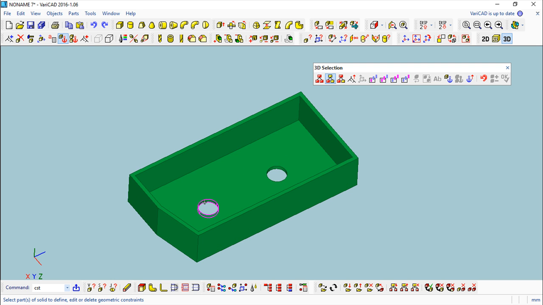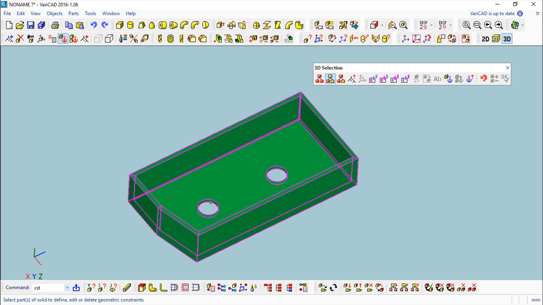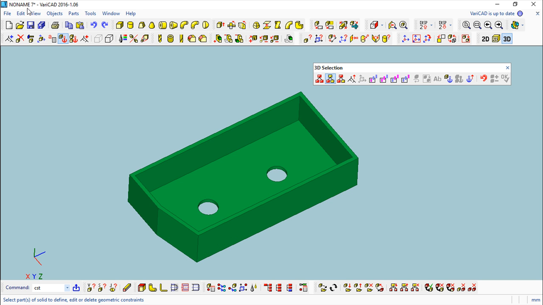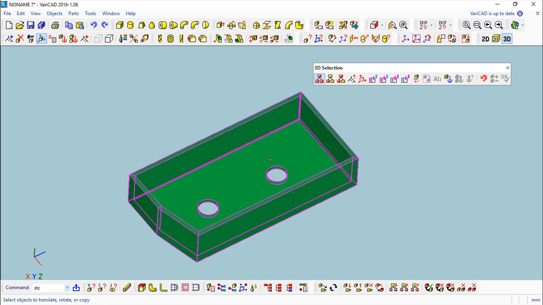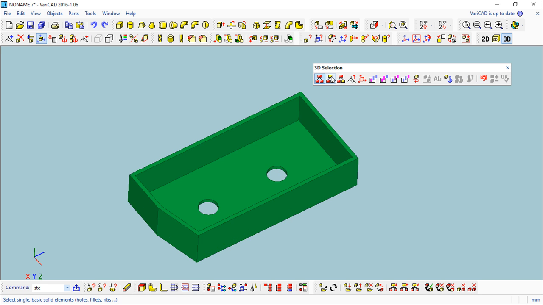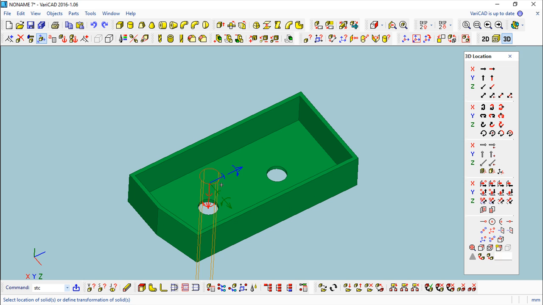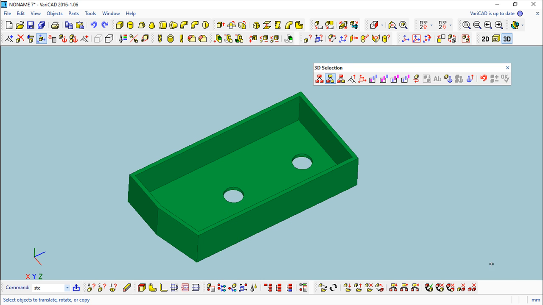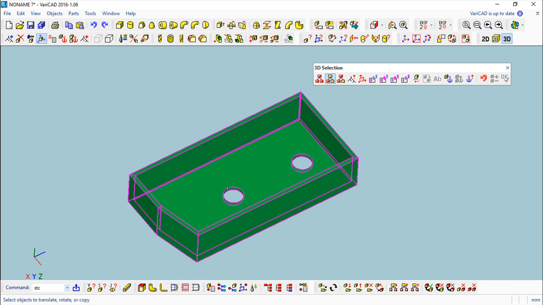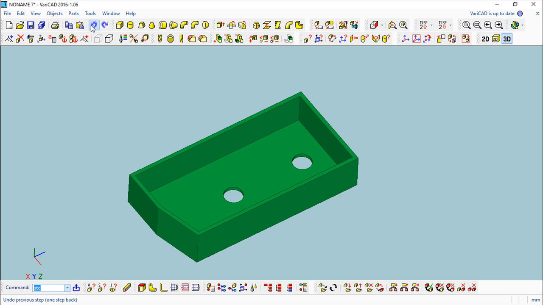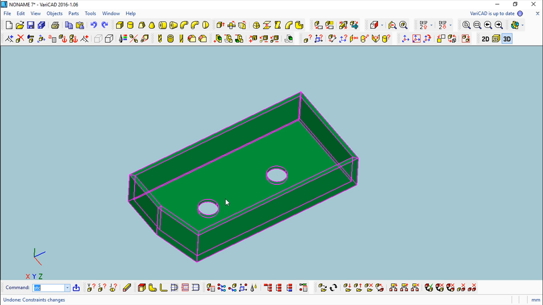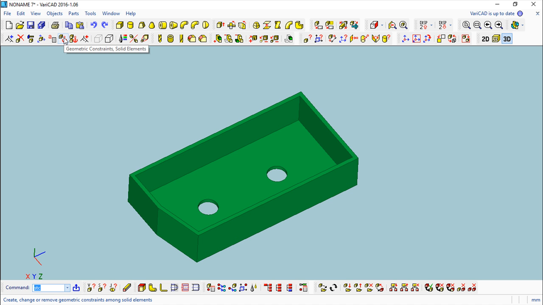And what I've done is this hole is constrained with this hole, so they will always keep the same distance. Let us try to move them. Let's try to move this guy here a little around here. You see the other one moves together with it. Okay, I think there are no constraints now, and we can see, for example,